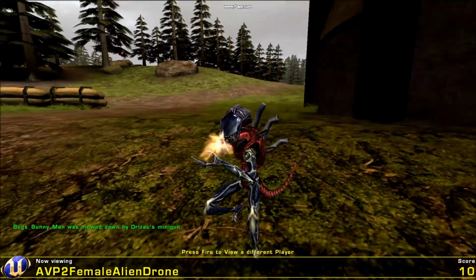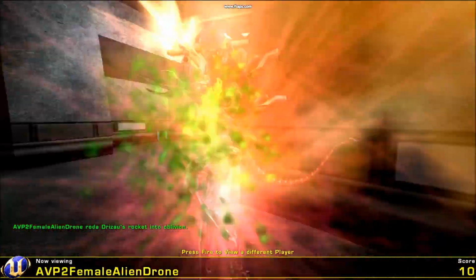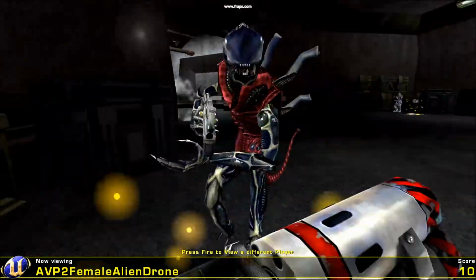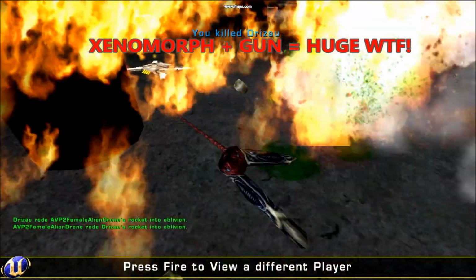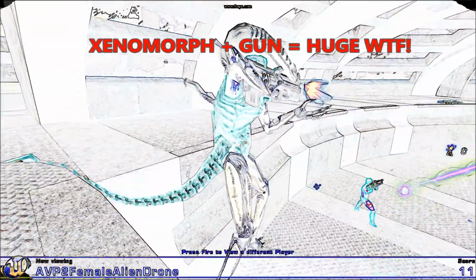This is the opposite of the spectrum. Predator is the alien. Now the only thing that I don't really like about these models is that, one, they do not walk on all fours, two, that the team skin actually takes part of the body texture, and three, that it's using a gun. It's a xenomorph using guns. That's why it keeps getting blown up, because they're not supposed to be the